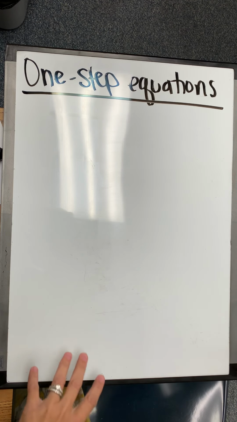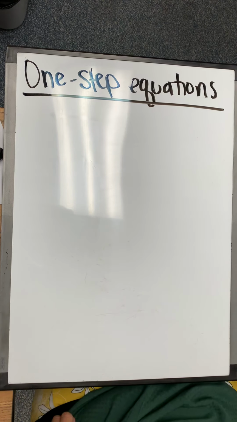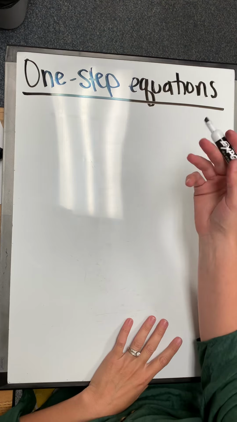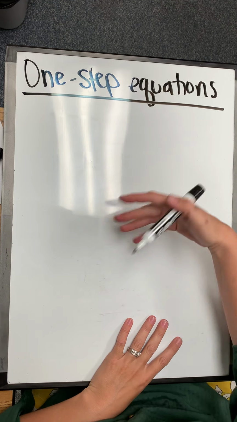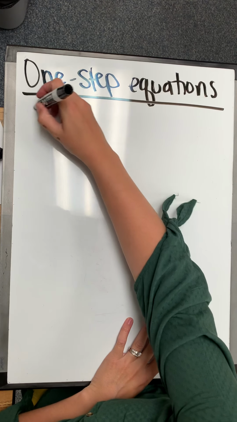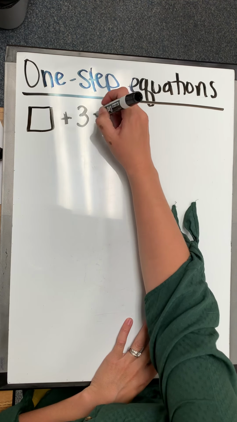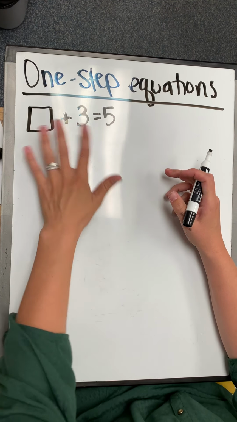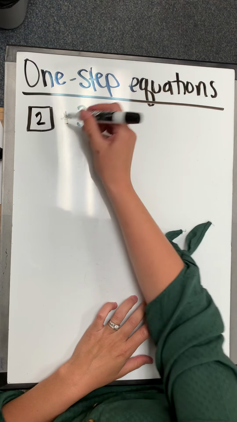In this video, we're going to be talking about one-step equations. Now, ever since you guys were in elementary school, probably, you guys have been doing these, you just don't know it. What they did was they would put a box and say, okay, something plus 3 is going to be equal to 5. Well, because these are simple numbers, you can just automatically see that, oh, 2 plus 3 is equal